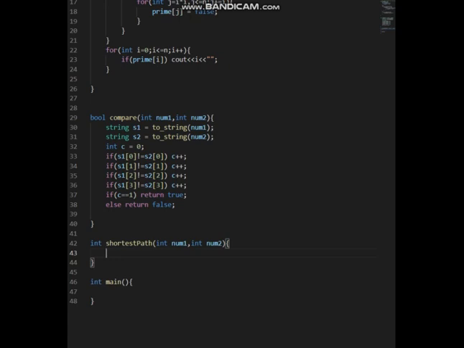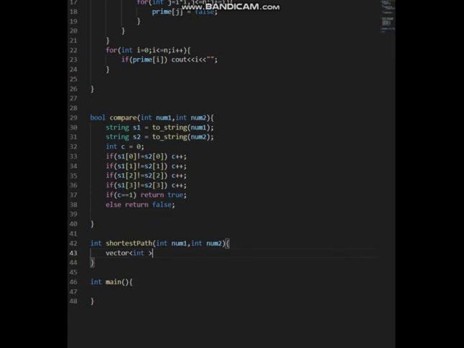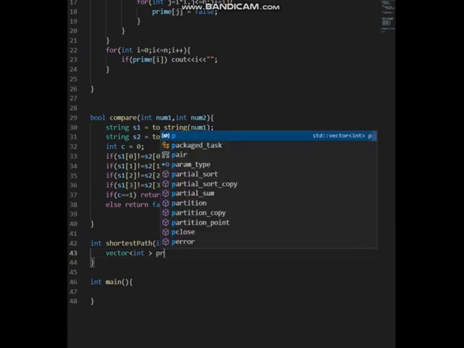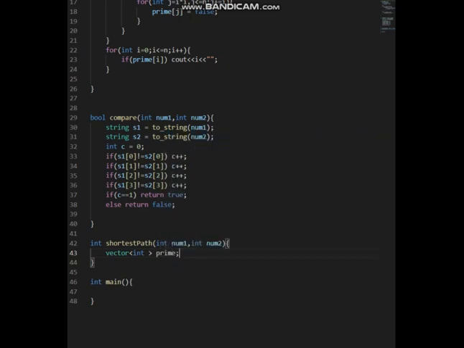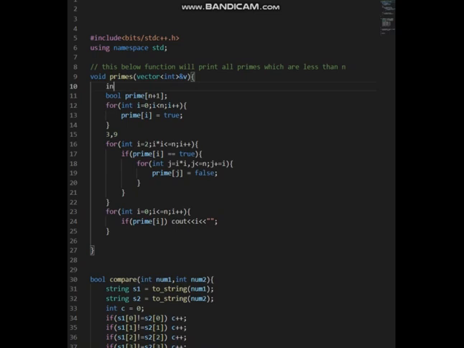Let's take some vector to store all the four-digit primes. I'll pass this prime vector to this function. Here we'll take this as input as vector. I'll change this function. I have changed the input to a vector and now we'll take n to be 999